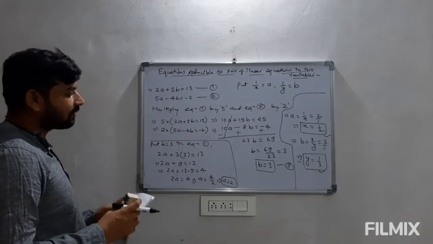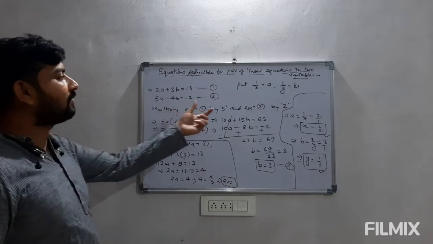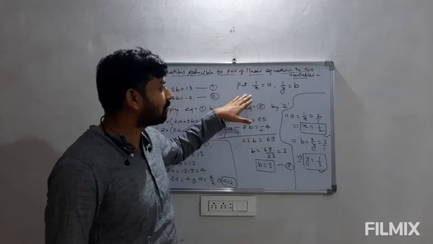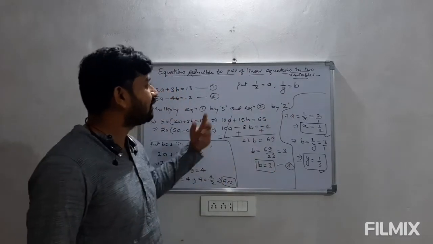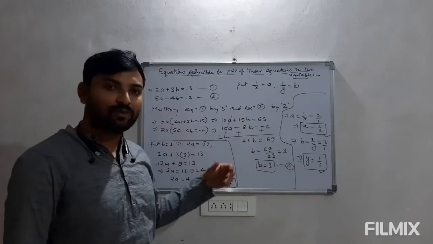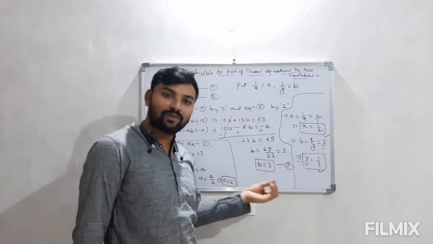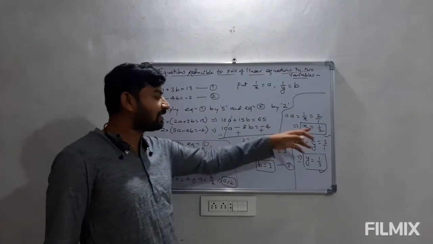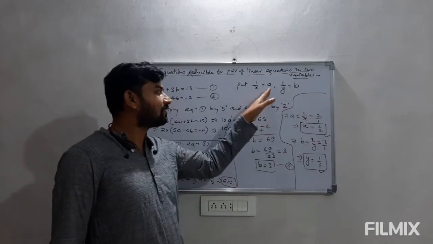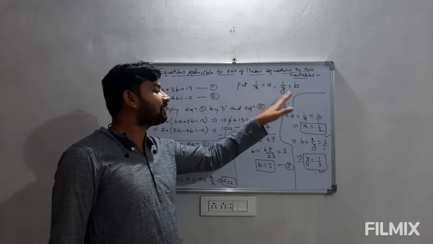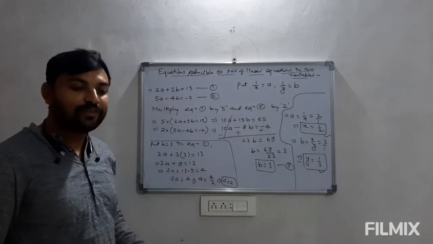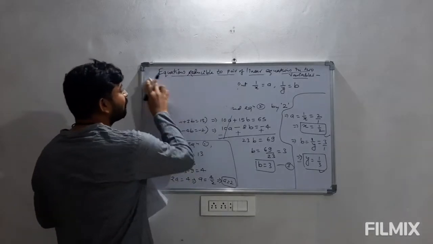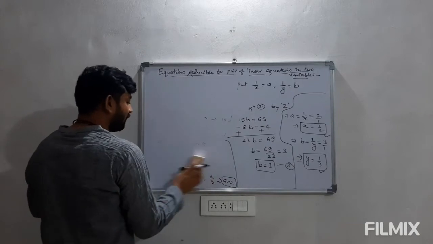So this is the one example where when we have any terms like 1 upon x and 1 upon y, we can replace them with some other variable so that we can get a linear equation. Then we can solve by 3 methods which we have discussed. We can also use graphical method to get the solution. Then we convert the answer in a and b into x and y, which is our original equation. So this is one case where we have 1 upon x and 1 upon y kind of terms.